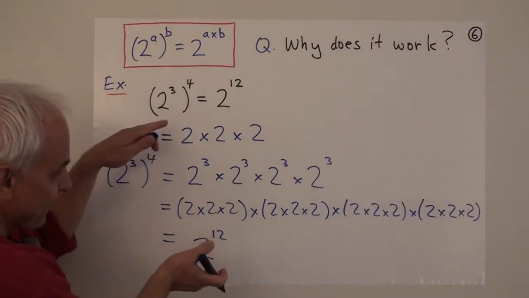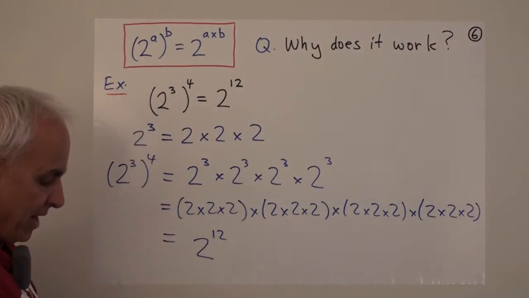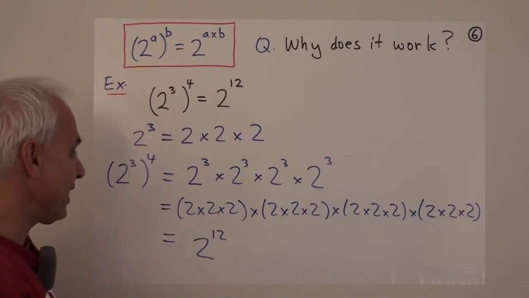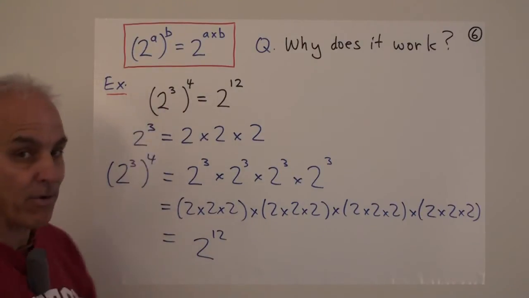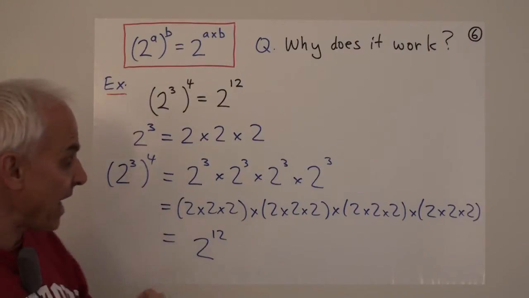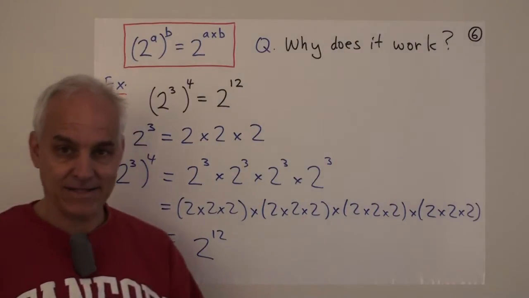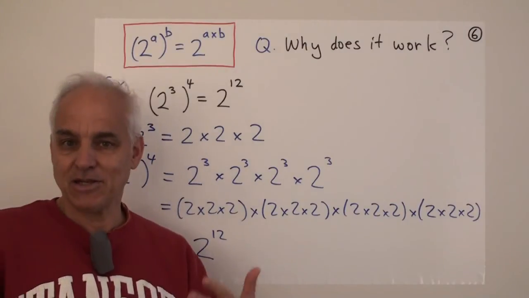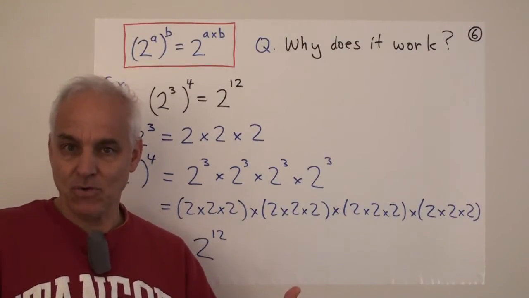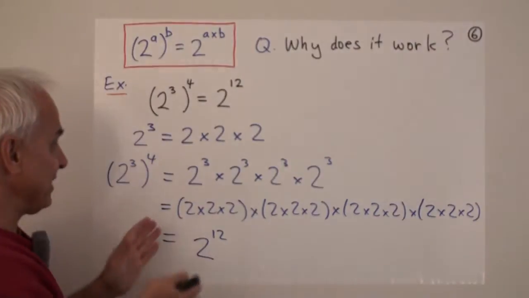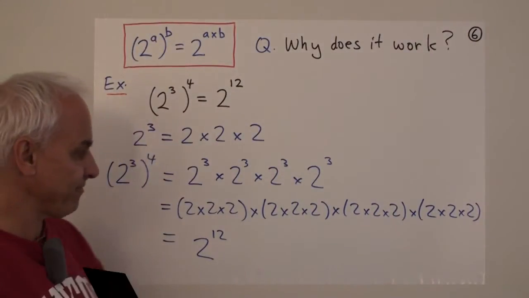So we've shown the rule in a way I think that makes it clear that it works even if you change the numbers 3 and 4. It doesn't actually involve us evaluating the left and right hand side, just expressing things in terms of powers of 2 so that we can see that this equals this.